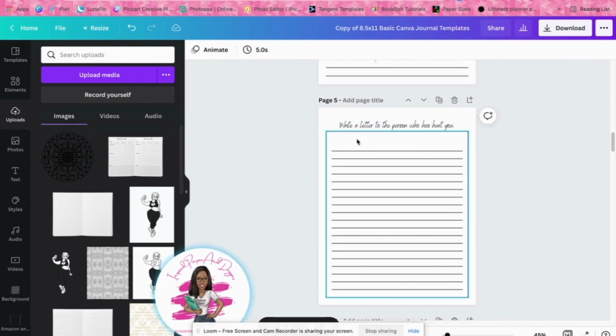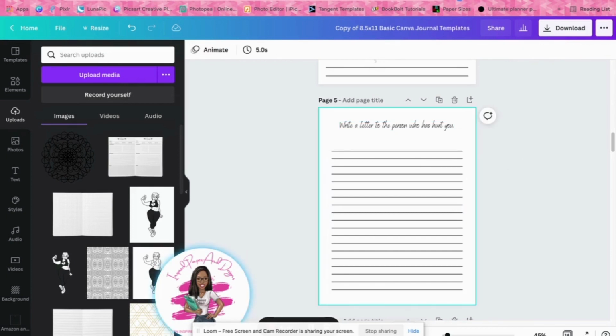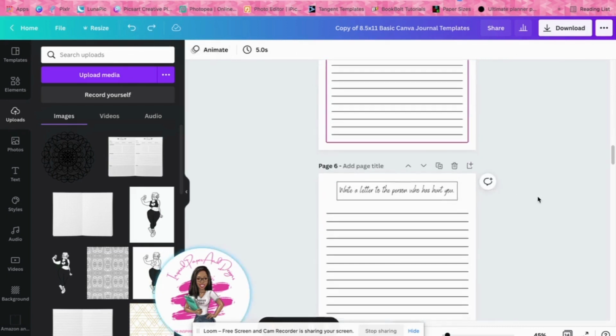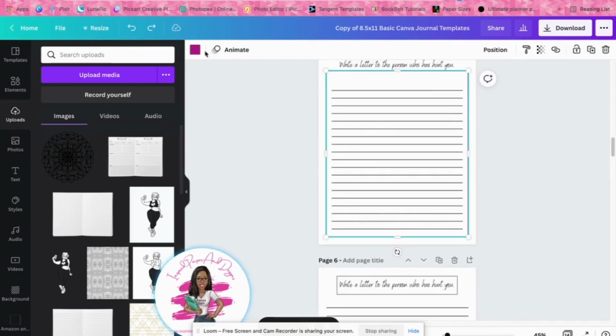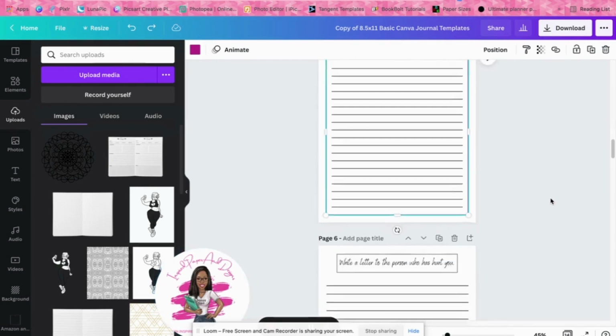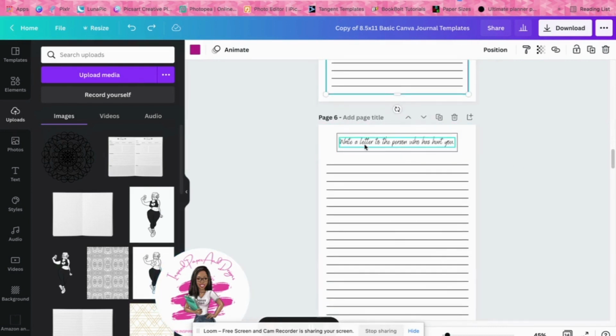hurt you. And then I included the border, but of course you can always highlight and delete the border if you want, which I think I may have one. Let me see. No, I don't. So you can always just get rid of the border, change the color if you want. Down here, I put a box around it. And again, all you would have to do is